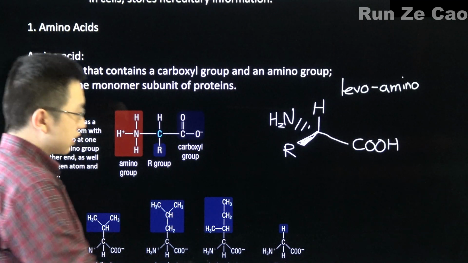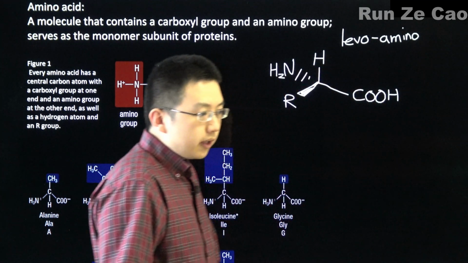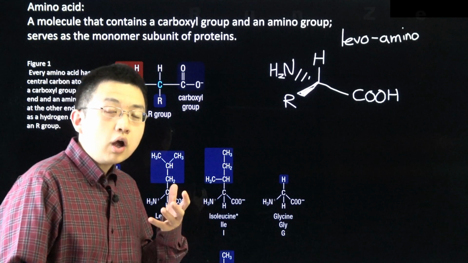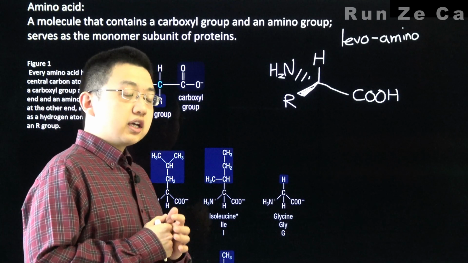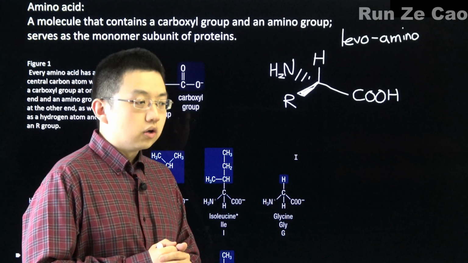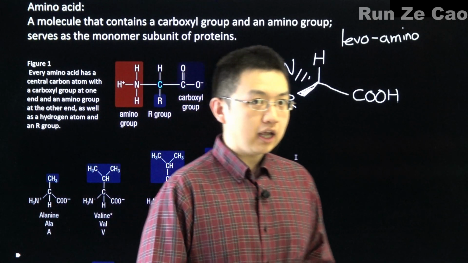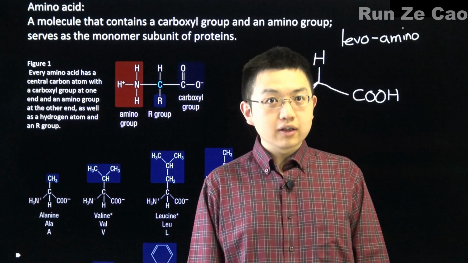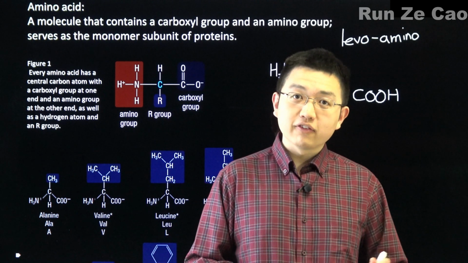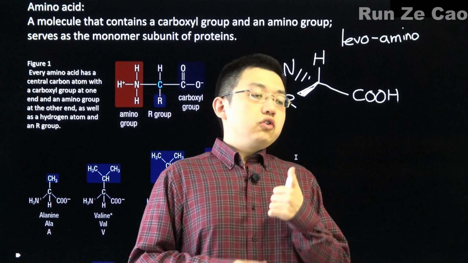Now, except for glycine, which has just a hydrogen for the R group, what happens when we put this through a mirror? They're not the same molecules. They do not behave the same way when it comes to interacting with anything else that is stereospecific. So, where the orientations matter. Now, I'm pretty sure we all know that orientations in real life do matter in the form of, hey, if you're right-handed, writing with your left hand is going to be a bit of a problem. Yeah? Okay. So what does level amino actually mean?